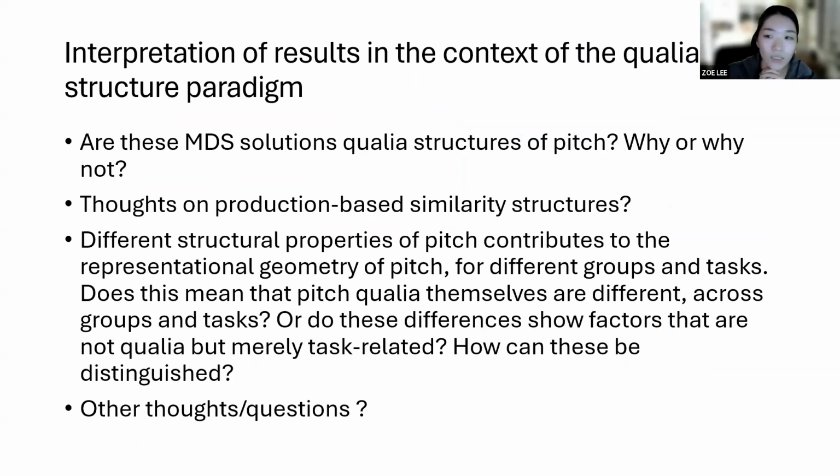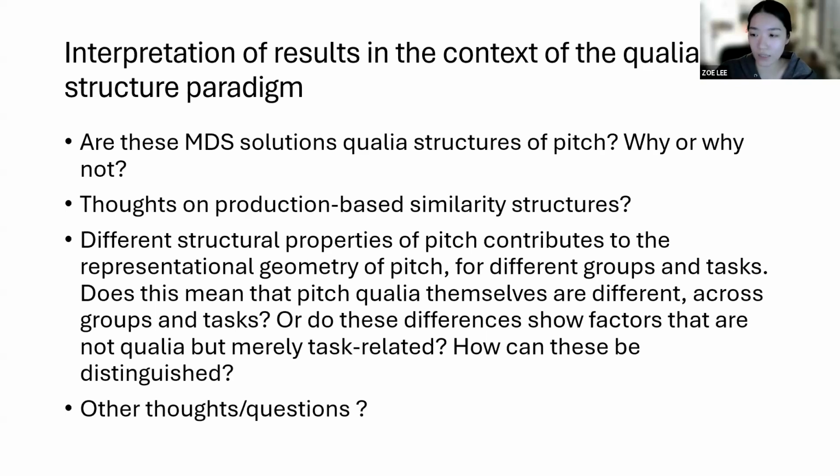Why or why not? And I'd be curious to hear what people think about the production-based similarity structures, since that's, I think, pretty new, and most qualia structure paradigms use a perceptual evaluation paradigm. And so, yeah, I wonder if you think this can complement those usual perception-based tasks, and if so, how would it complement them? And then the big question for me was